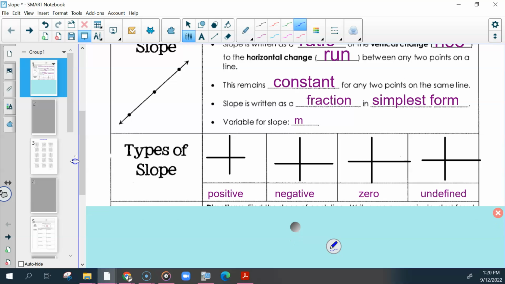So in this next part, write positive, negative, 0, undefined, and write or draw these axes. The axes don't matter. They should all be drawn the same. Some of my lines are shorter than others, but